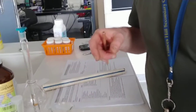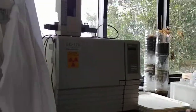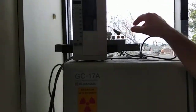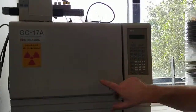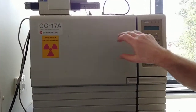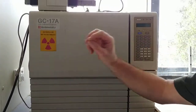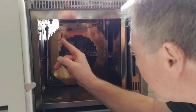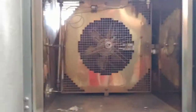GC, which is gas chromatography equipment, and I'll quickly come over here, just for the sake of introducing you to it. This is a GC, gas chromatography, and essentially it's the same thing. We have a port here where we put our chemical, and it's automated, feeds into the system. It's got a radioactive source, and what happens is that gets pumped through the system, gets heated into a thin, long stainless steel tube. You can see it in there, and then what happens is